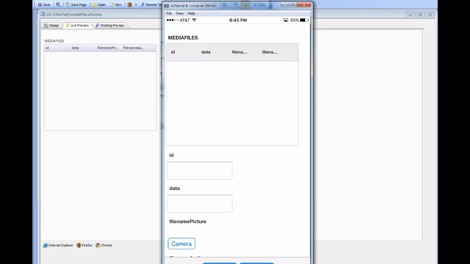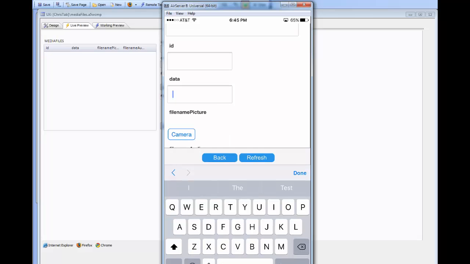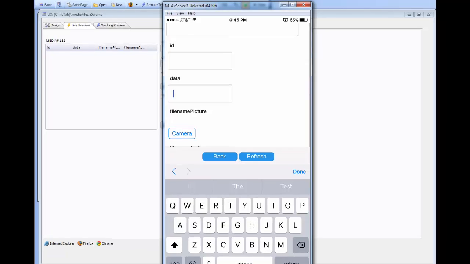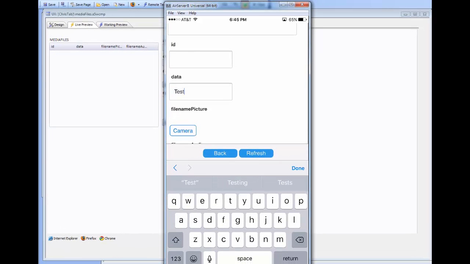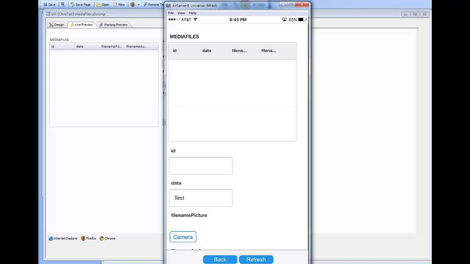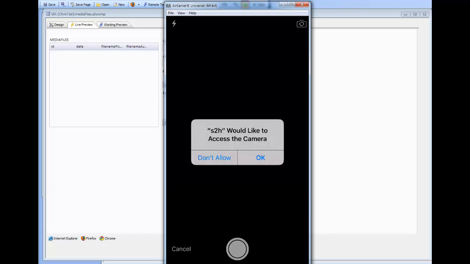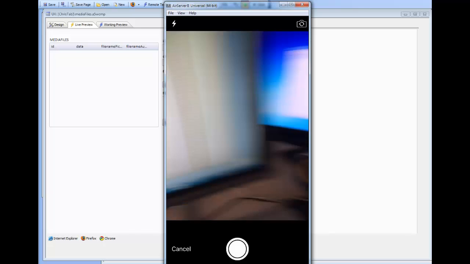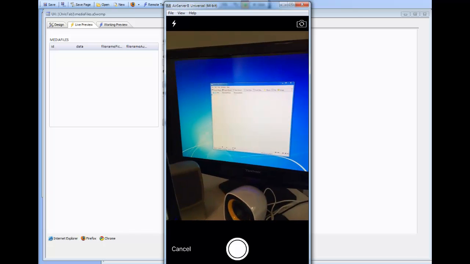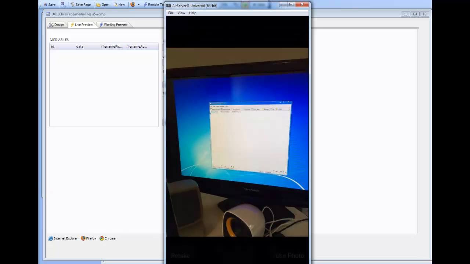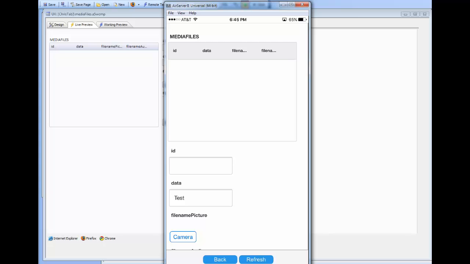So there's no records right now in the list, so let's go here and click on, say, data, and then just type in some test data, and then we'll go and click on the camera button, and we'll basically now go and take a picture. I'll take a picture of this screen over there, and go and hit use photo,